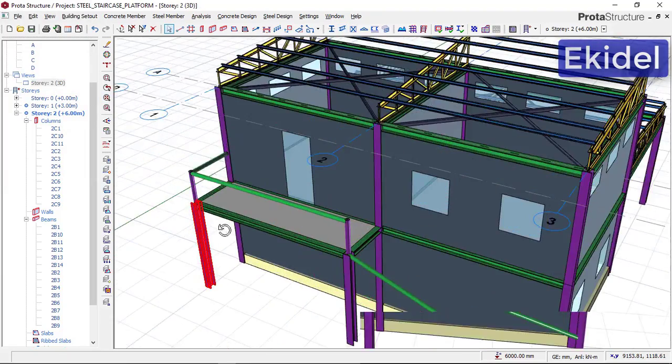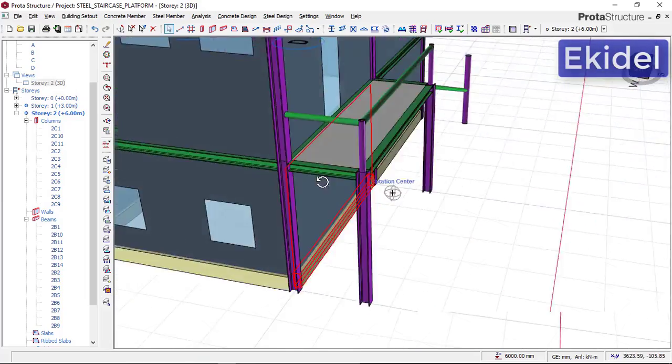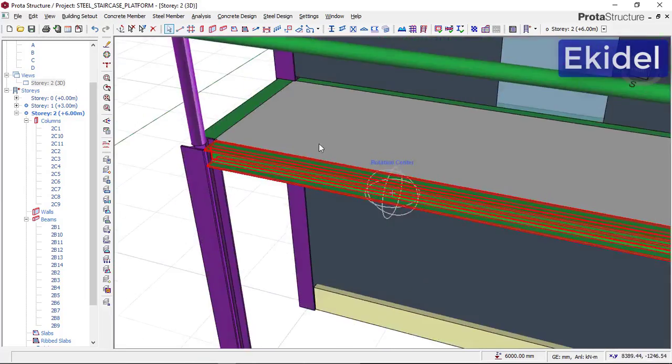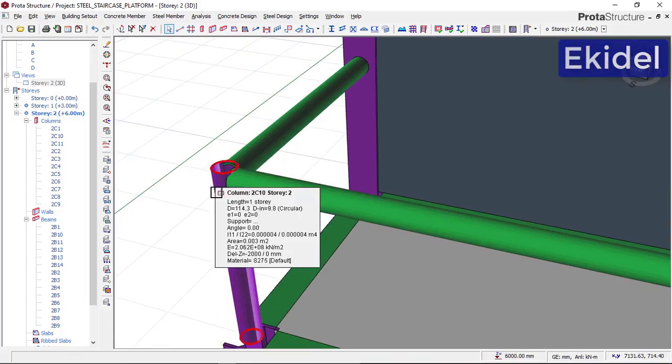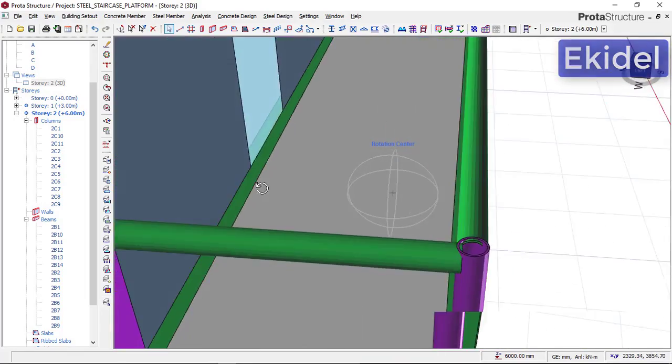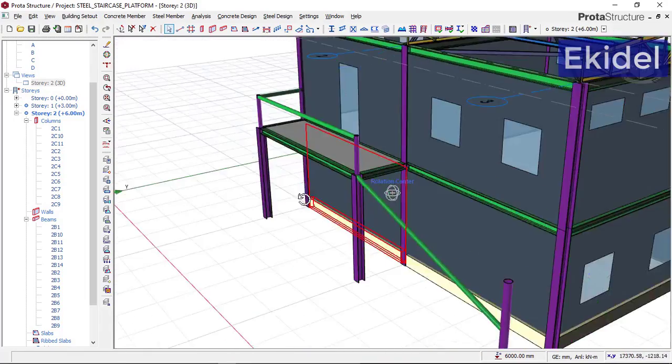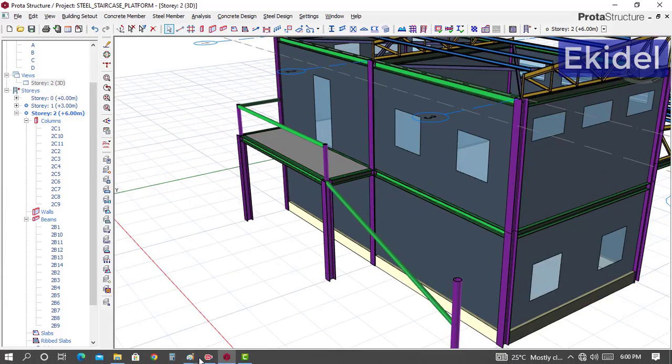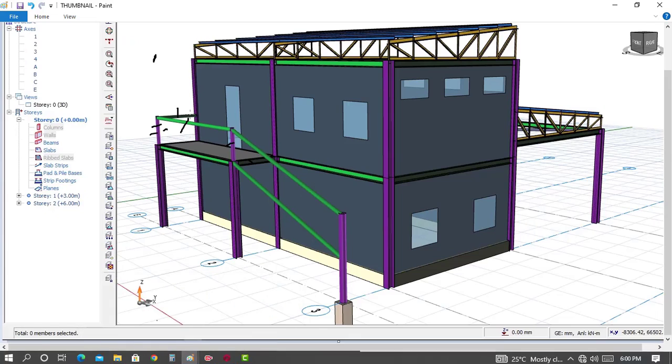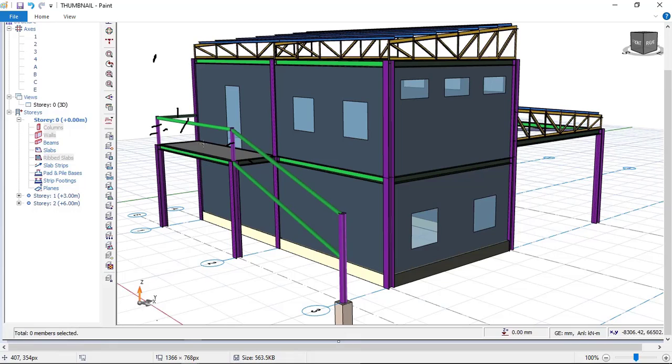So you can now see what we have gotten right now. We have gotten this, and you can see the connection. We have gotten this and we have gotten this. So we have successfully achieved this stage on our model. You can see what we have just achieved. The next thing right now we'll do is to create this